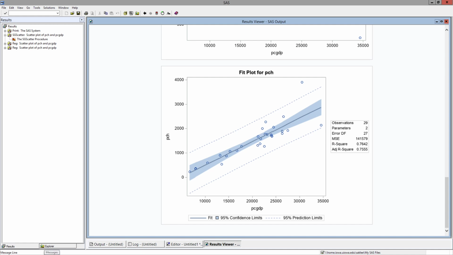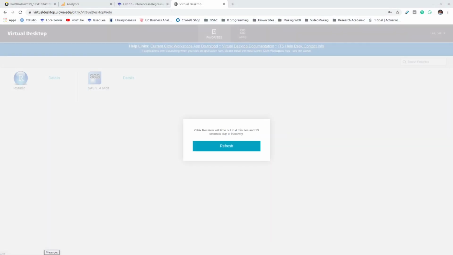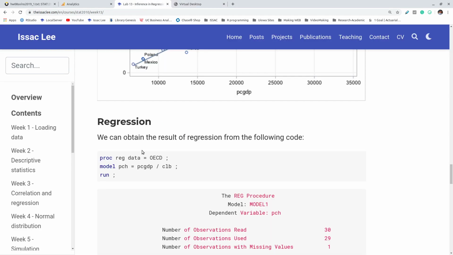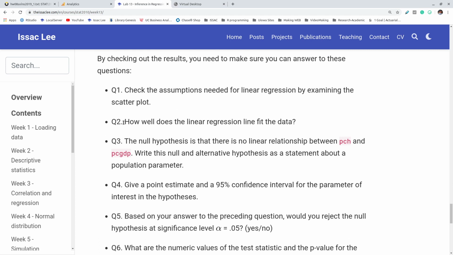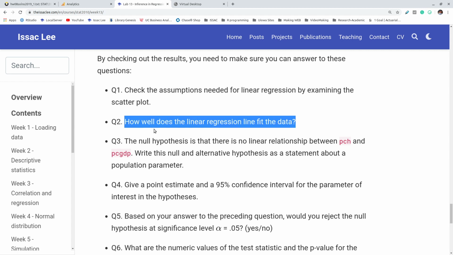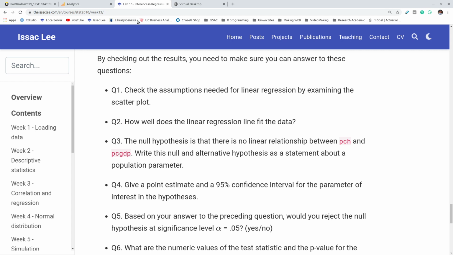Okay, so let me pull up the next question that I have today. The second question is, how well does the regression line fit the data? How can we confirm this? How can we say something about the fitness of the regression line? Which measure should we use? The answer is